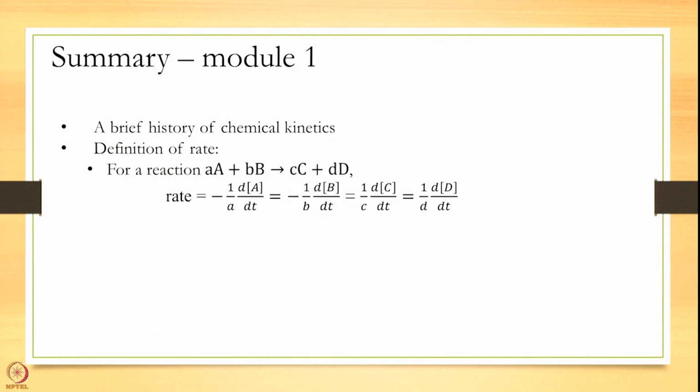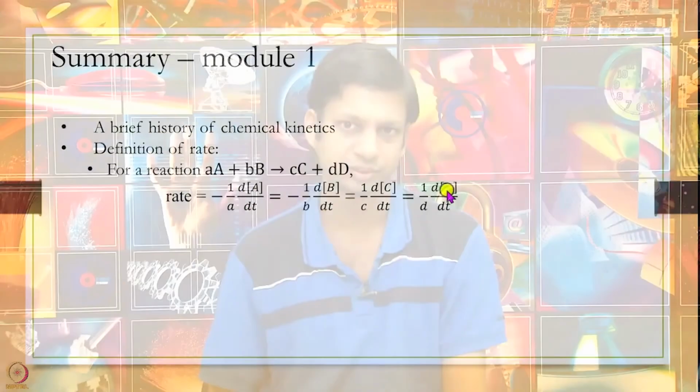So, in summary, today we have looked at a brief history of chemical kinetics and we have looked at the very fundamental definition of rate as 1 over volume into d extent of reaction over dt, and at constant volume we have proven that the rate of the reaction is given by this equation. We have explicitly shown it for one term, rate equal to minus dNA over dt, but it is also easy to show it for these three other terms. In the next module we will look into what is rate constant and elementary reactions. Thank you very much.